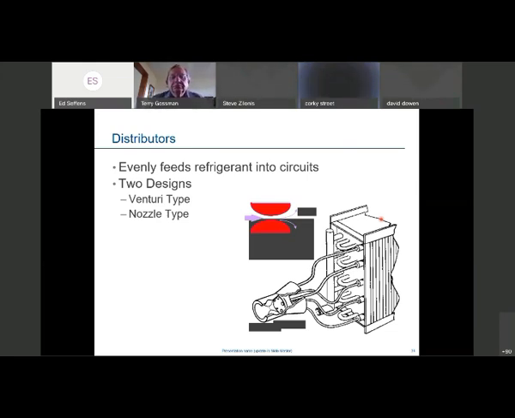White Rogers, the old Alco product line, we used to manufacture the Venturi type, and we sold that product line a while ago to a manufacturer who still continues to manufacture the Venturi style distributor. There's also a nozzle type, which is what you'll commonly see with the Sporlan